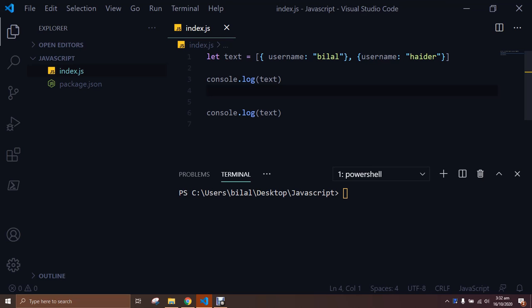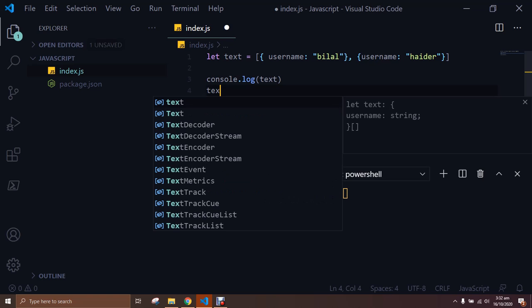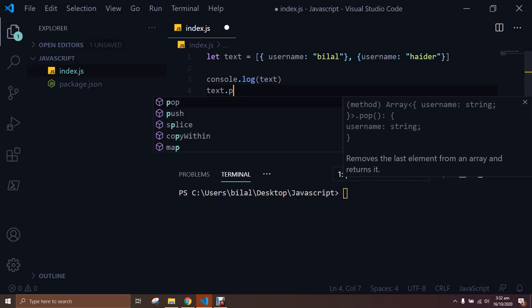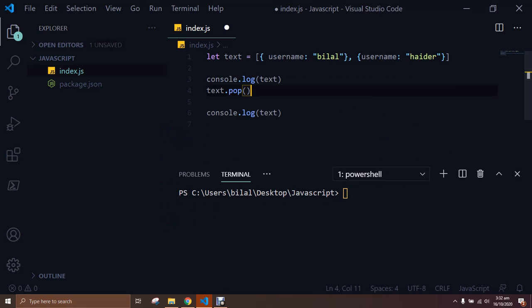So let's say we have an array like this and we want to remove an element from the end of the array, right? So how can we do that? We call the pop method like so, and if I run my code now,